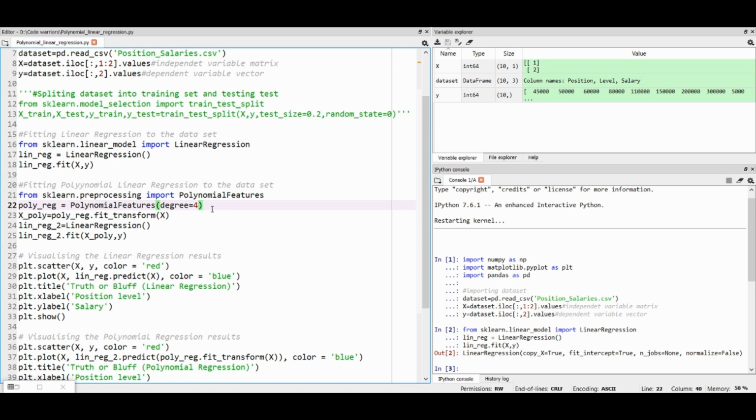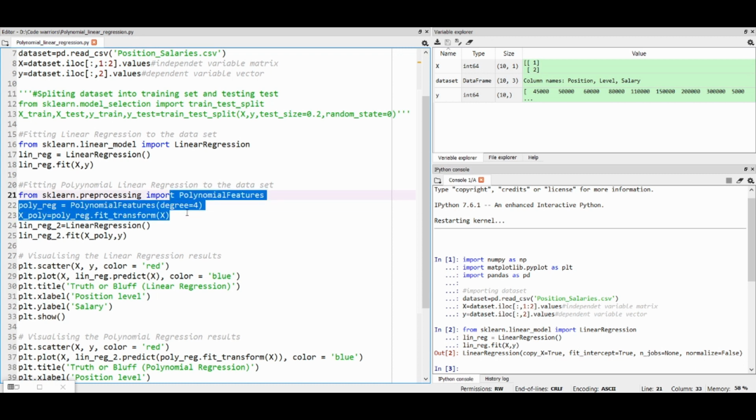We are writing the code X_poly equal to poly_reg.fit_transform(X). This code will transform our feature matrix X into a 4 column feature matrix, with each column having different degree values. So let's run these 3 lines of code.